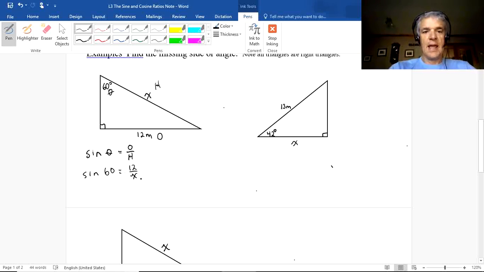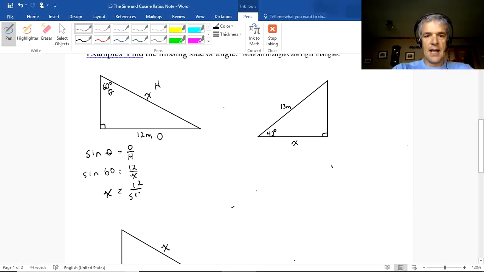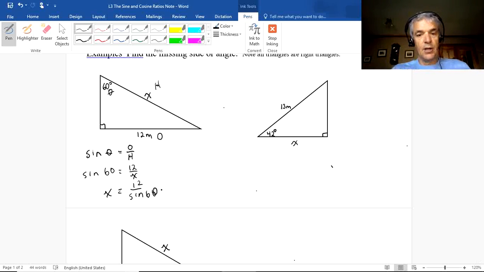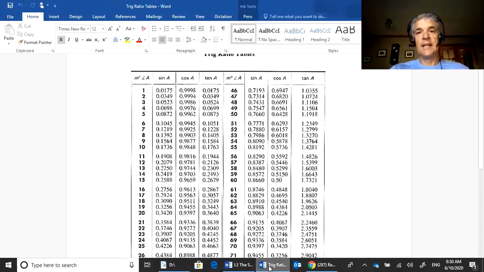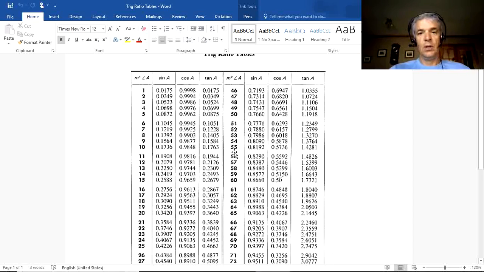Now, I'm in this situation where x is on the bottom and I want it on the top, so I have to play the old switcheroo game, and I can write this as x equals 12 divided by sine 60. Now there's 2 ways I can find what sine 60 is. I can use my calculator and type in sine 60, or I can go to my trig table. 60 is the angle, so I look up 60 right here. Sine is the first column, so the answer is